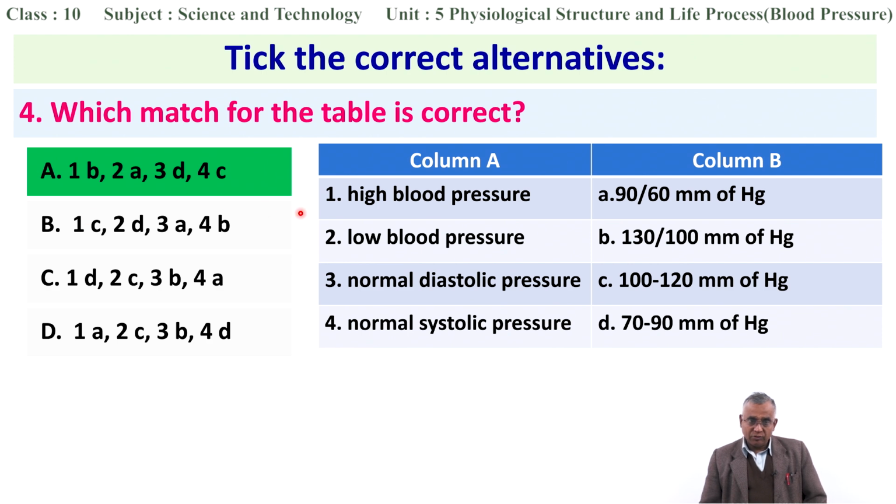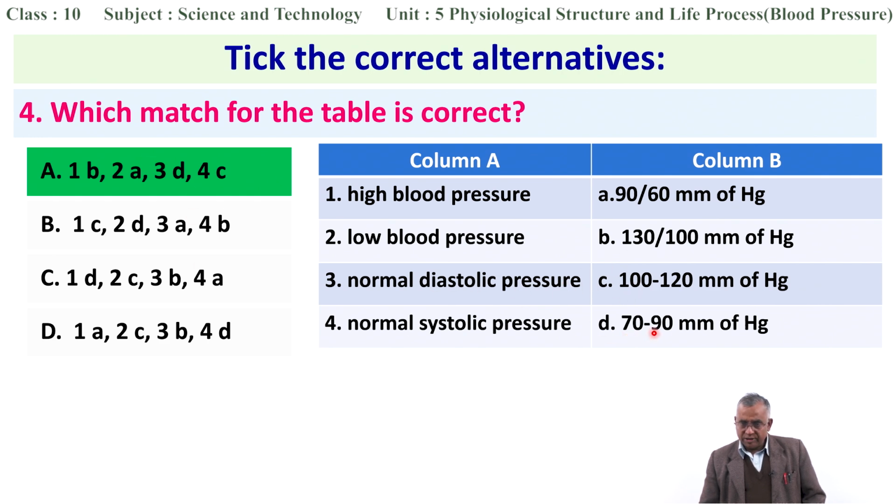What about 2A? Low blood pressure. Here its systolic is 90 only. What should be the range? 100 to 140. And here 60, that's okay, 60 to 90 diastolic. So here it is low blood pressure because of systolic. Normal diastolic pressure is what? Because it is only diastolic blood pressure, you have to think of the remaining two, that is